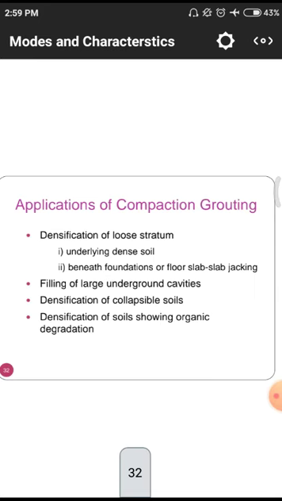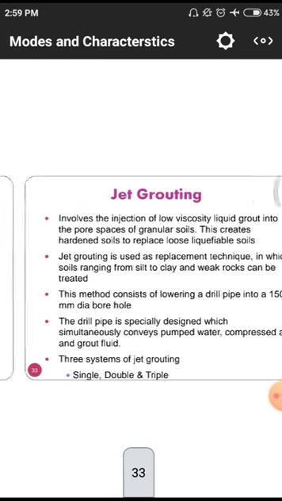Whenever the soil has some organic matter, the bacteria will degrade that organic matter as their food, so the total volume will disappear day by day through the action of bacteria, and there may be a chance of getting a huge void. We have to avoid those conditions by applying some chemicals that will directly convert those materials into different natures.